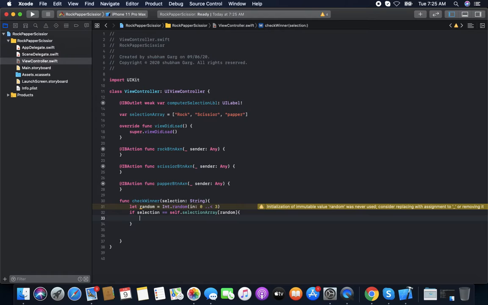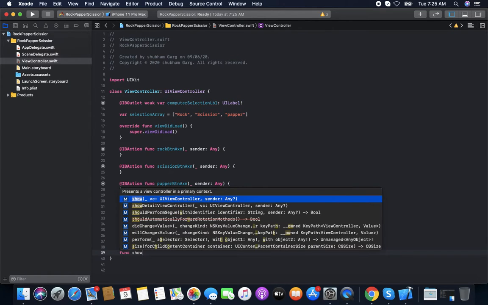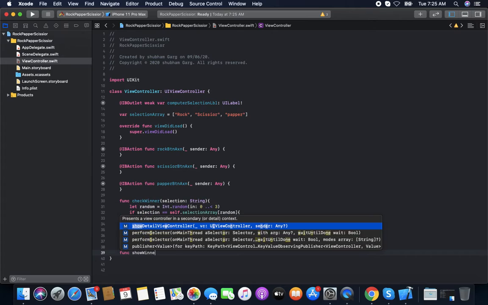Then it means the game is a tie. So we show the alert. So we make a function for the alert. Function showWinner.